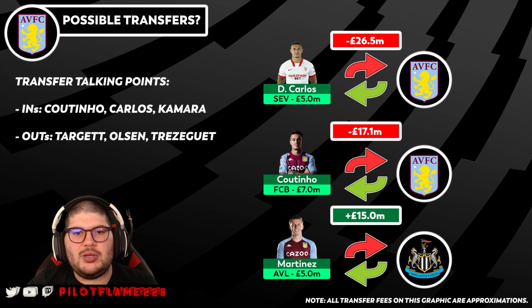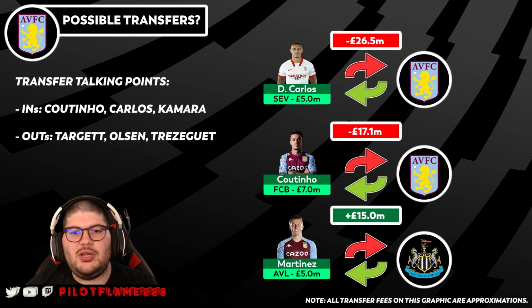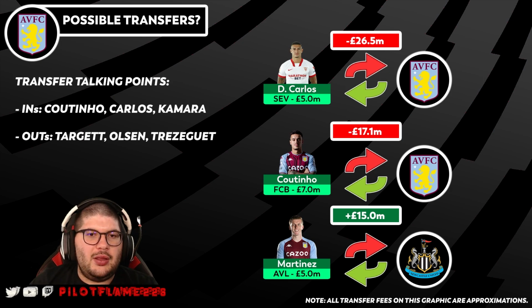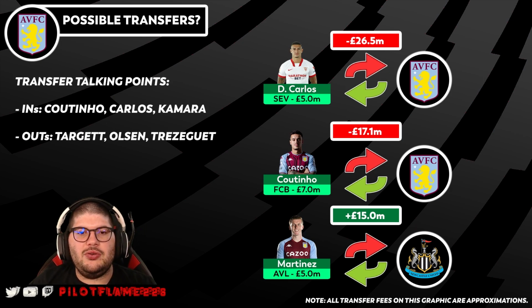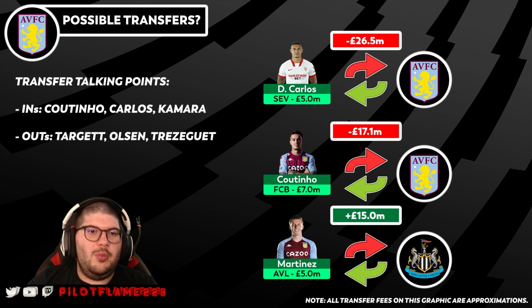But one of the major ones is actually they generated some funds from Matt Targett, who finalized his deal to Newcastle for £15 million. So he's going to be their left back probably for the foreseeable future. He was on loan in the second half of the season to Newcastle and impressed them, and he's going to come in at £15 million for Newcastle as well, the same price as Trippier, but we'll talk more about that